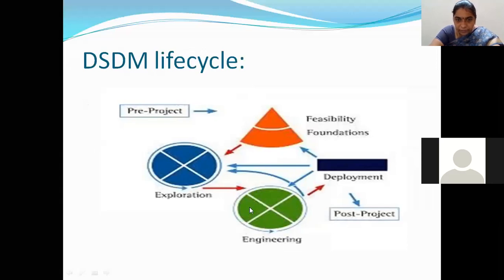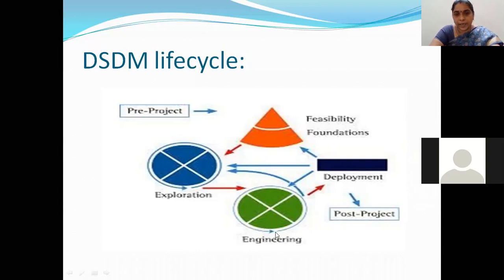Again, here you are having 4 steps, the same thing I told you earlier. Here you were preparing the functional model, but here you are preparing the design model, right? You'll identify the design prototype, you'll review the design prototype, again you'll create the design prototype, and you'll prepare the plan. Here you were identifying the functionalities, here you are designing. So design prototype: creating, reviewing, and finally preparing the plan, right?